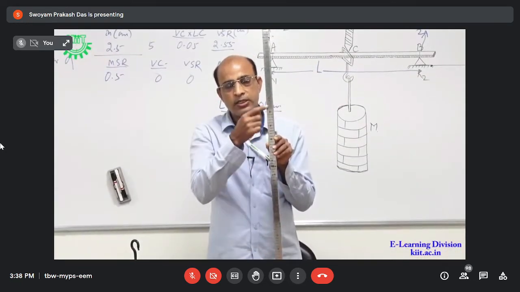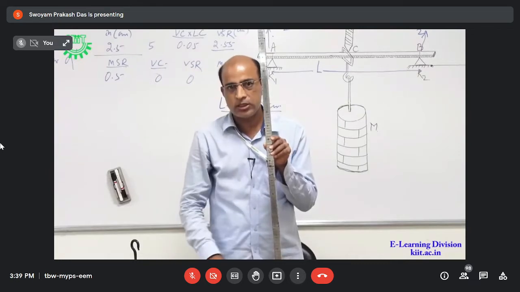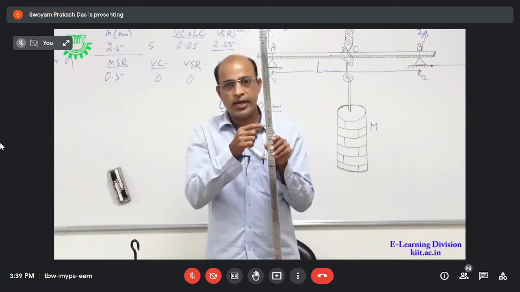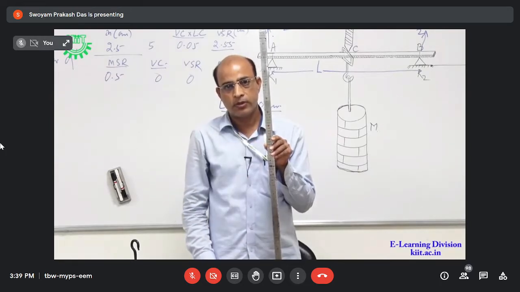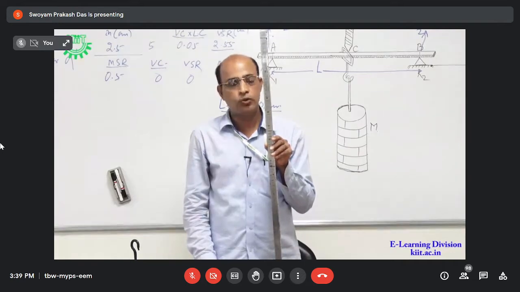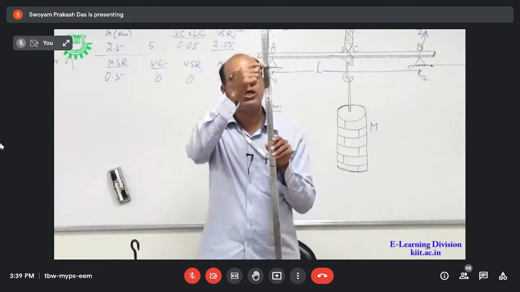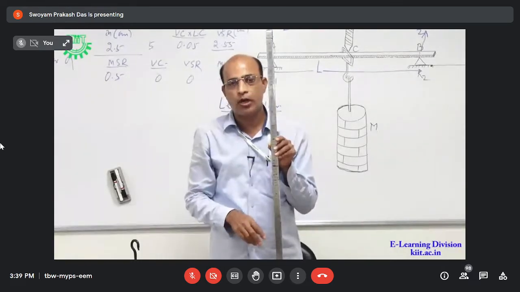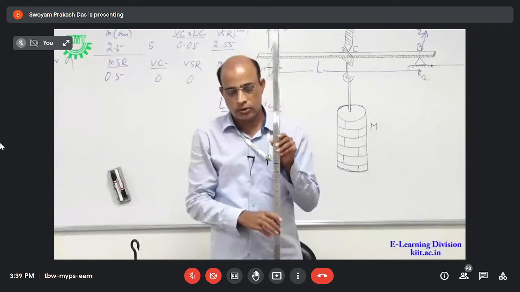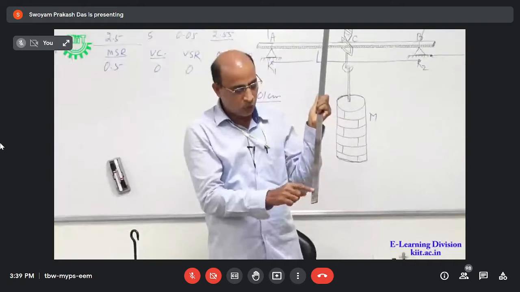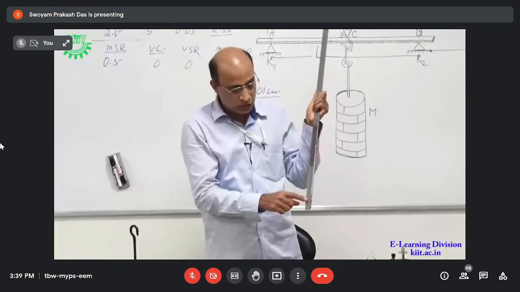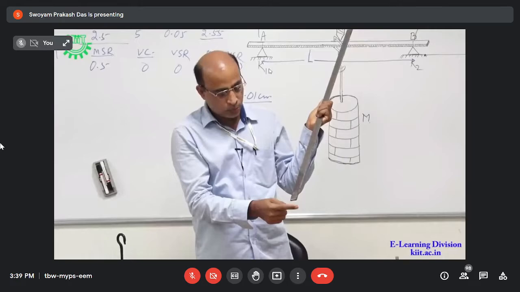To keep 76 in between these two knife edges, what to do? You subtract the value 76 from 100. That is 24. Divide it by 2. That is 12. So 12 cm or 12 divisions on both sides, you keep it out. That means it is very much clear that all the lines are graduated with 1 cm. So from the extreme end,